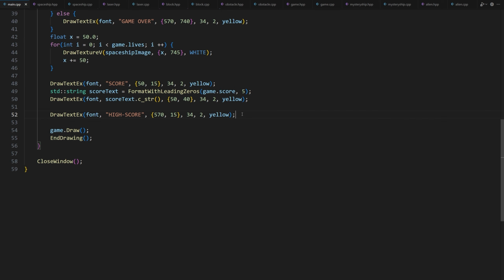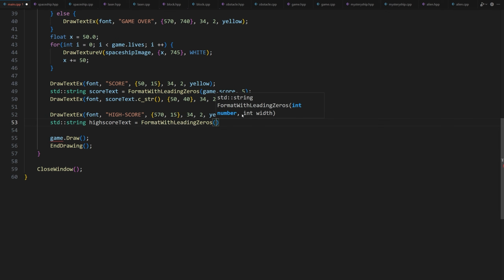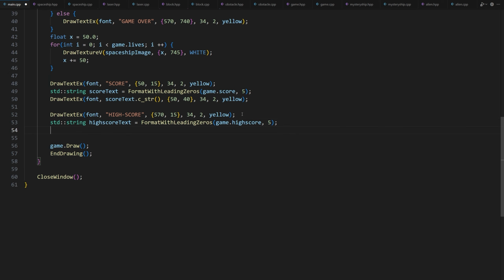Again, we will convert it to a C string and we will add leading zeros to it, just like we did with the score. We will use the function we created before. std::string highscoreText = FormatWithLeadingZeros(game.highscore, 5). Now we just need to draw the high score text string on the screen.